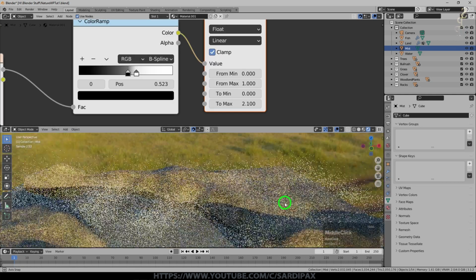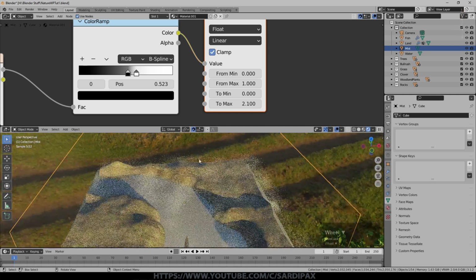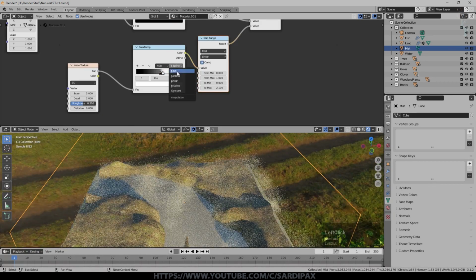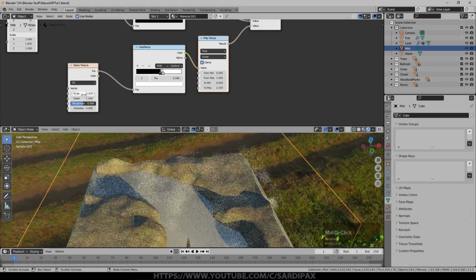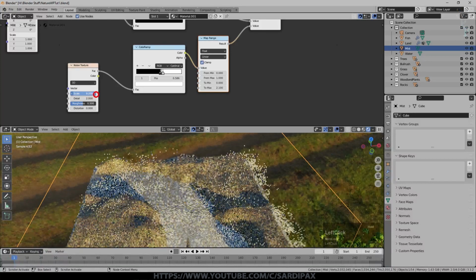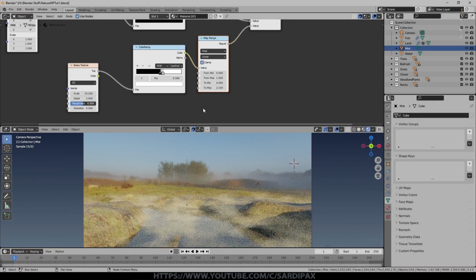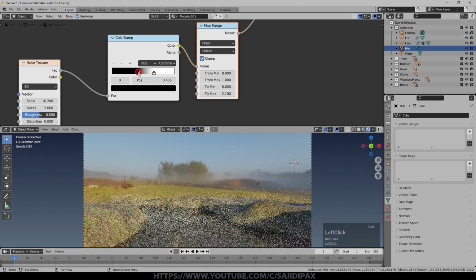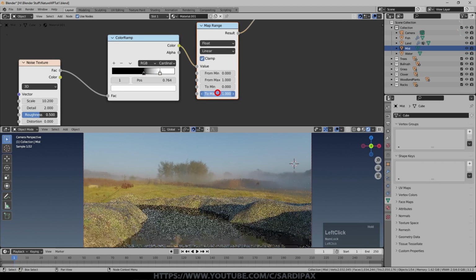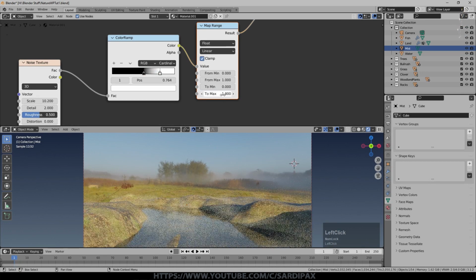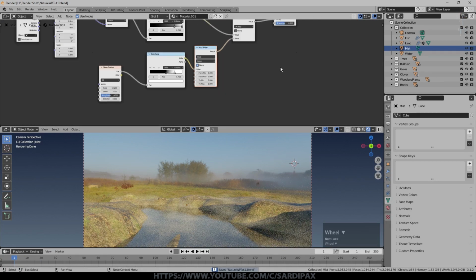If I look from above, you may be able to see it more clearly. And I'll change this to cardinal, which gives us a sharper fall off. And you can see there's holes in it. So I'll turn the scale up a little bit. And yeah, you can start to see we've got patches of mist, but I'll open that up slightly so they're not quite so severe. And this will change the overall max density of that mist. So that's our mist in the scene. And that's all I did for that.